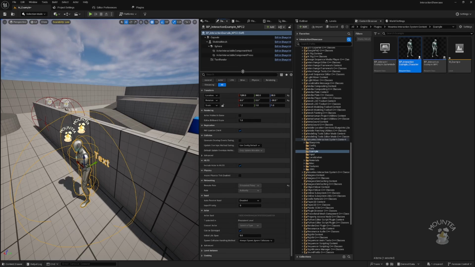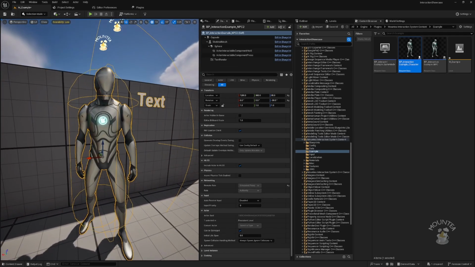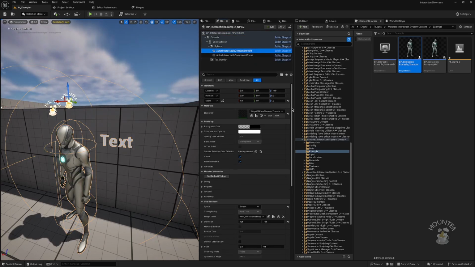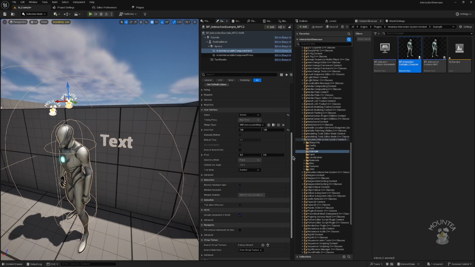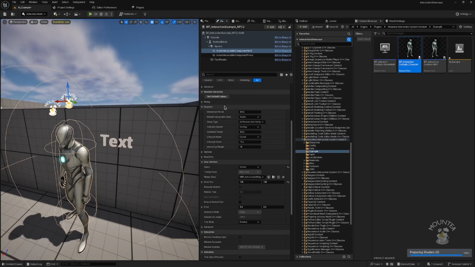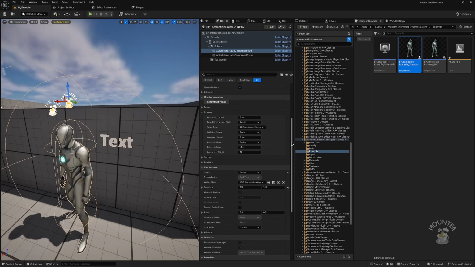Before I do that though, I need to slightly update the interactable on this character too. So I will use the hold. I will scroll a little down here to required, and I will choose trace. And this should be all you need to do in order to make it work. So let's test it out. Let's save the level